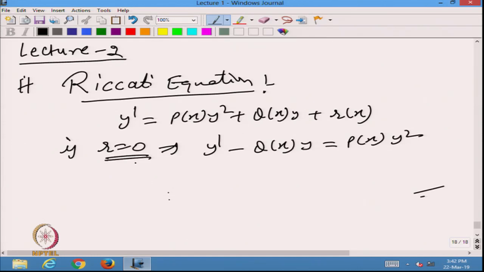For r not equal to 0, it becomes nonlinear and we want to solve these equations. However, the Riccati equation can be reduced to the Bernoulli equation